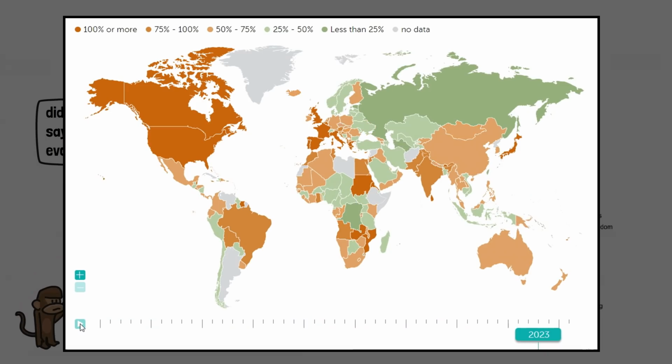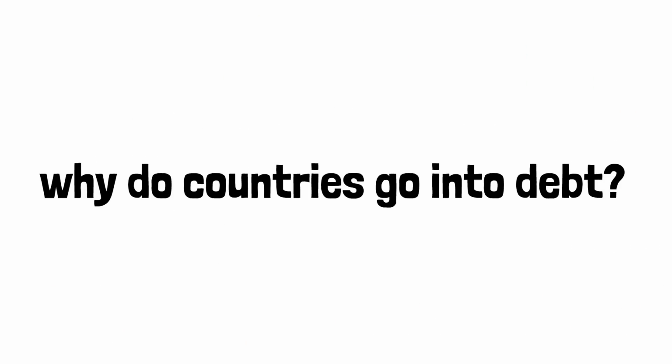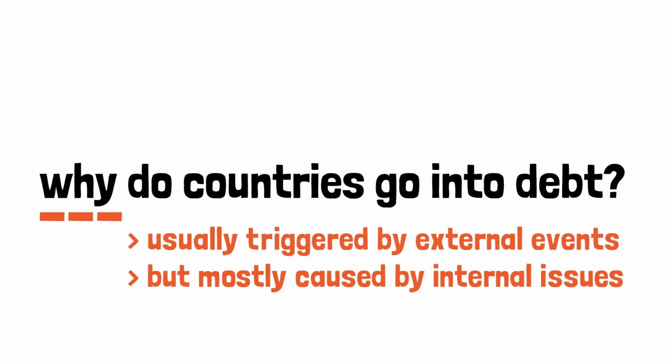The IMF projection until 2026 is essentially that the current situation will maintain itself with a slight worsening of values, save a few exceptions of countries that will be able to reduce their debt. So why do countries go into debt? Like we saw, it has a lot to do with international events, but internal ones may also have a big